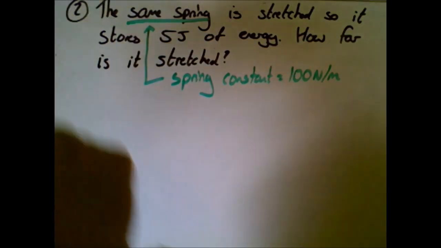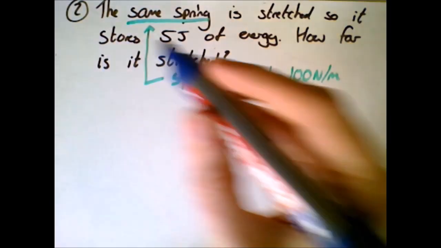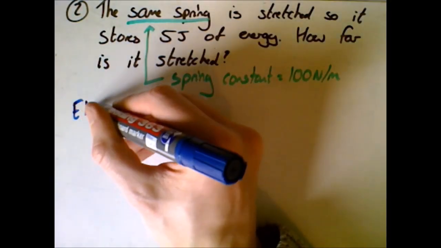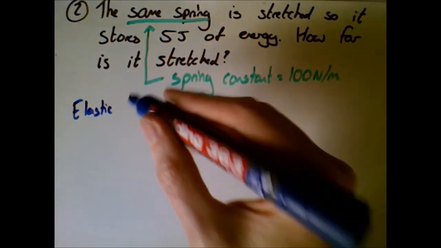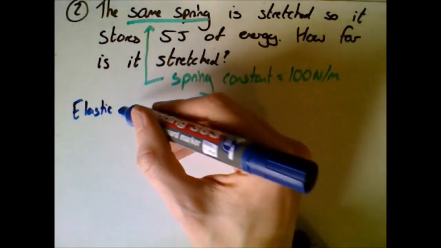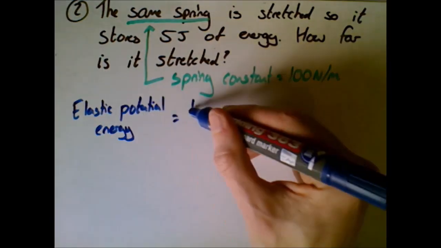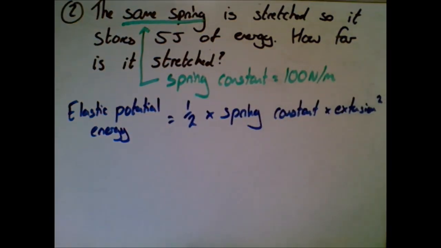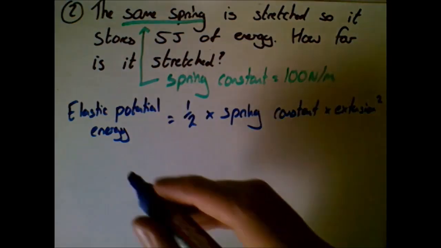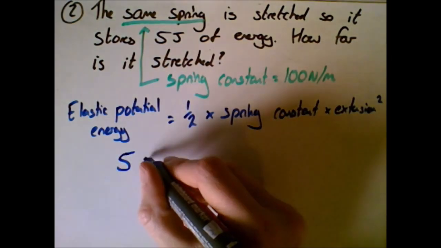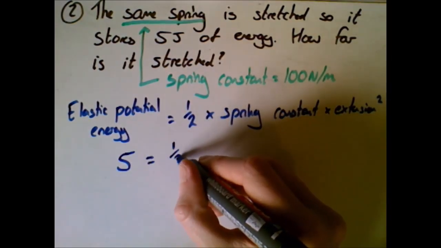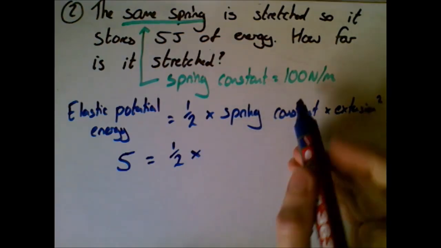Okay, right, we're going to write out the formula then. So I will get on with doing this. You don't want to sit watching me do it, so I might go into my super speedy writing again. All right, there we go. Again, sorry, seem to be getting messier and messier with my handwriting here. Right, start to substitute some numbers in then. Elastic potential energy we know is 5. So we've got 5 equals half times spring constant, we know is 100,